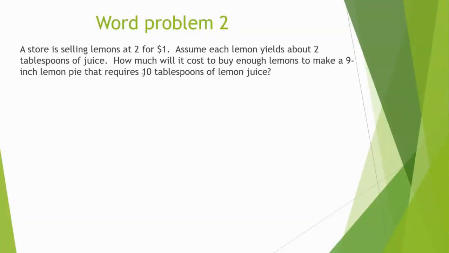Okay, so now here's another one. We have a store selling lemons at 2 of them for $1. Again, this comes from the textbook actually. Basically we're assuming, using the right juicer, each can give us 2 tablespoons of lemon juice. I'm not saying it's realistic, I'm just saying that's what we're assuming. We want to know how much it will cost to buy enough lemons to make